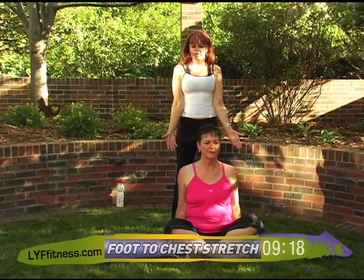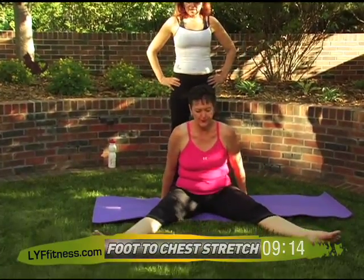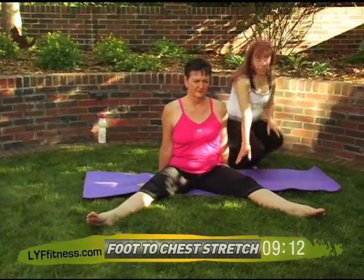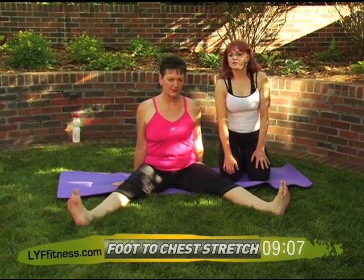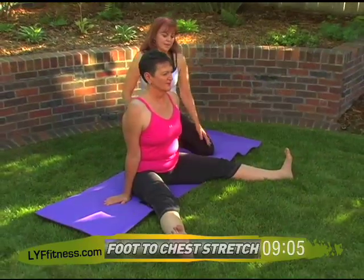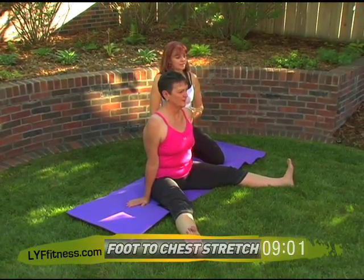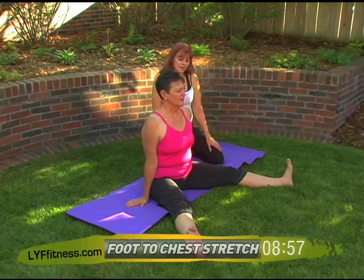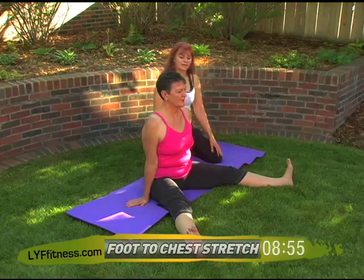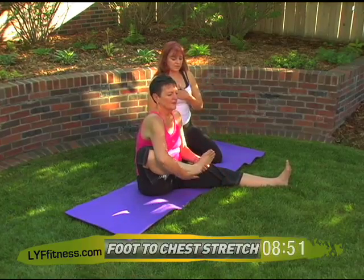Again, from seated lotus, we're going to take our legs and extend them into a V position. You're going to lock the knees. And I want you to pull your feet towards your face so your ankles are flexed. Again, you're pressing into the mat to make sure that your spine is aligned, nice and straight, that your shoulders are over your hips. And on an inhale, Kelly is going to bend that right leg and pull the foot